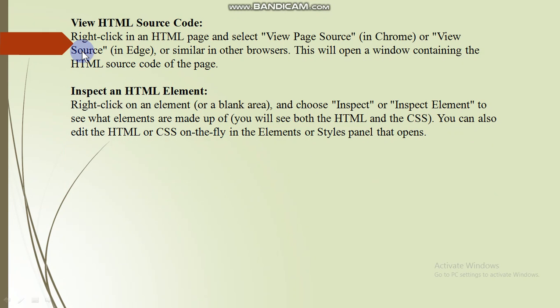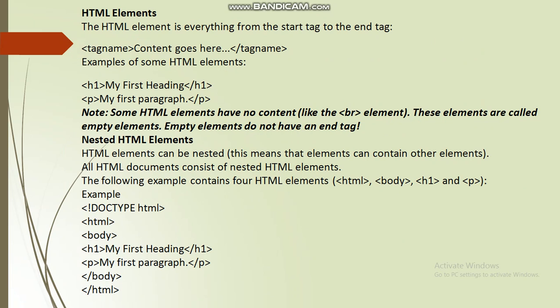Okay. Now moving to the next, HTML elements. An HTML element is everything from the starting tag to the ending tag. Later on I will tell you that HTML elements are categorized in two parts, container elements and empty elements.